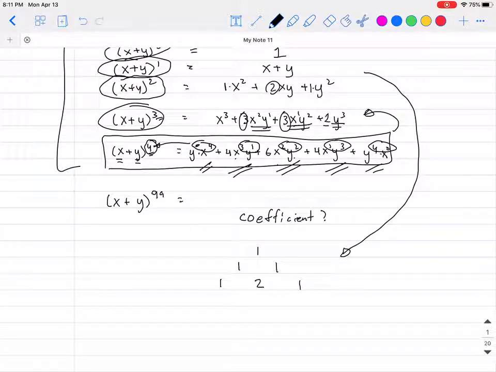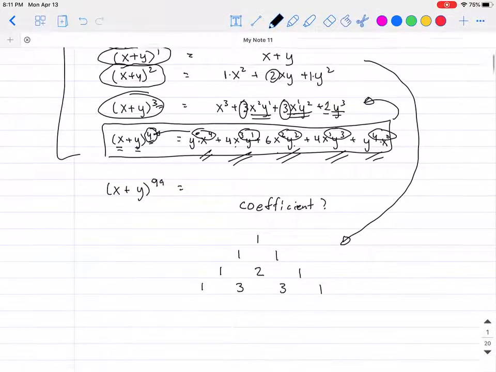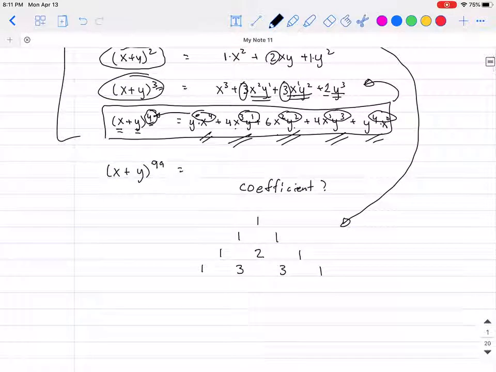If we have (x + y) raised to the 3rd, if I write out all of its coefficients, that's going to be 1, and then 3, and then 3, and then 1. And then finally, if we write the next one right here, that's again the coefficients for (x + y) to the 4th. You can see that it's going to be 1, and then 4, and then 6, and then 4,